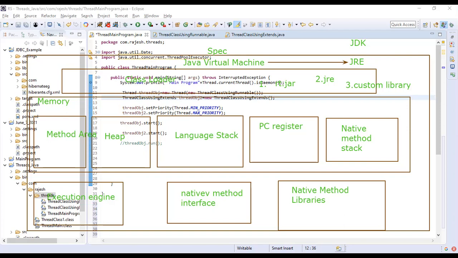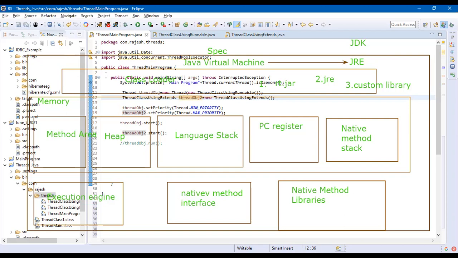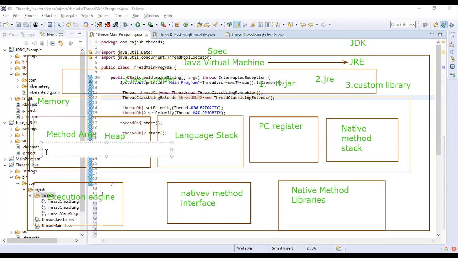So let's quickly write it here so that we don't forget it. Method area stores the class structures. Heap stores the objects created. And stack stores the data and results.